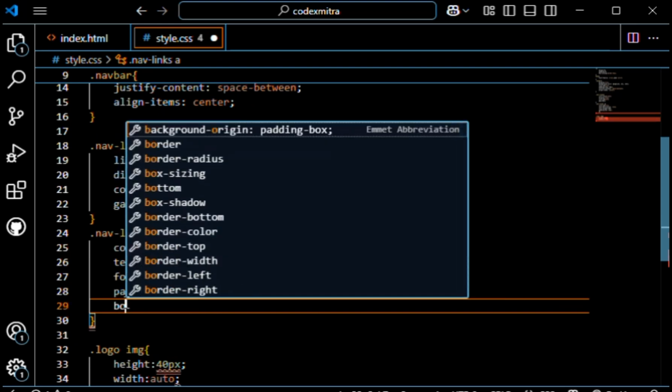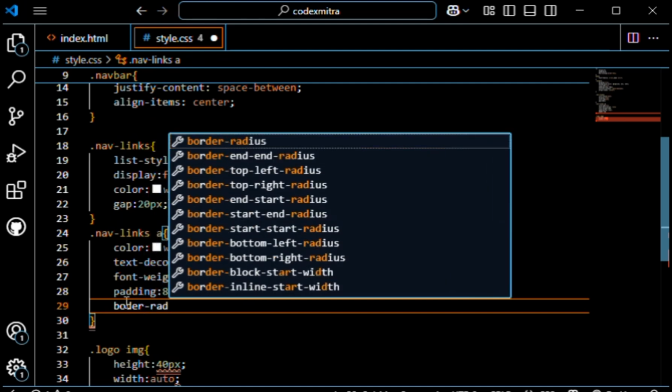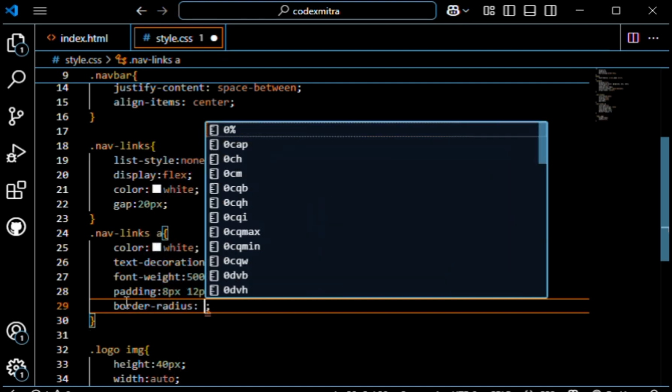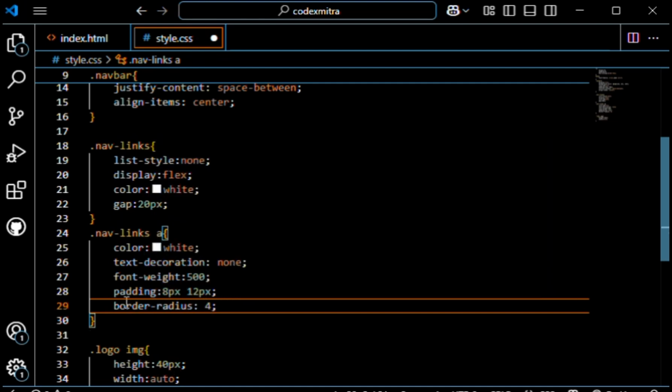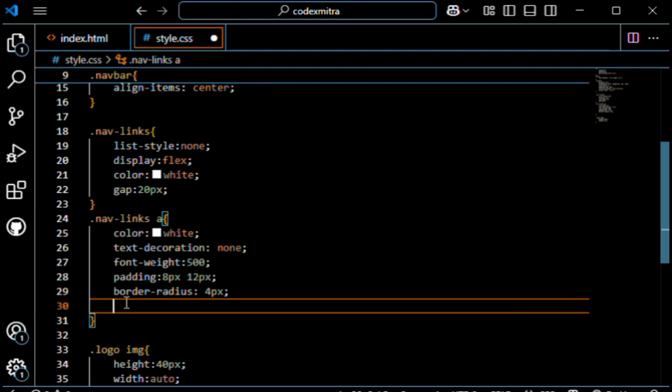Let's add some border radius, so it will curve the corners. Here I have given 4 pixel. Now